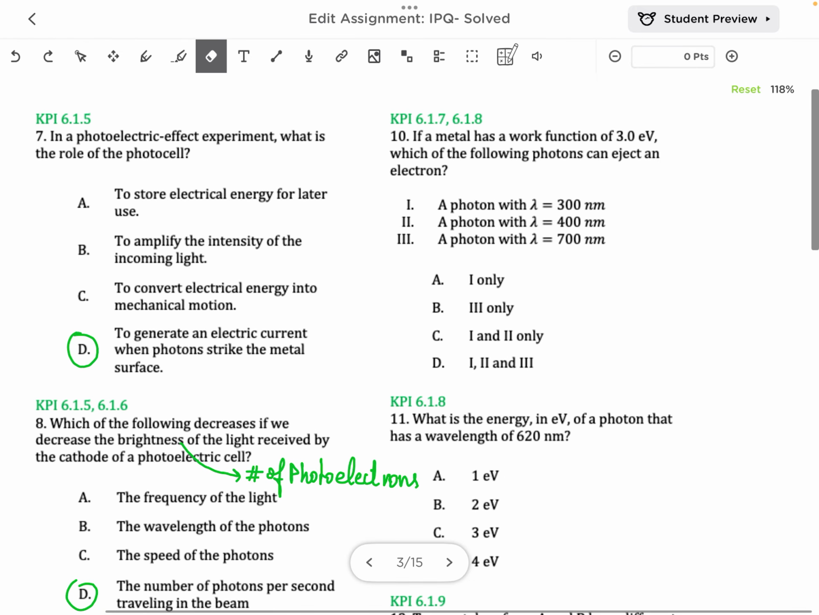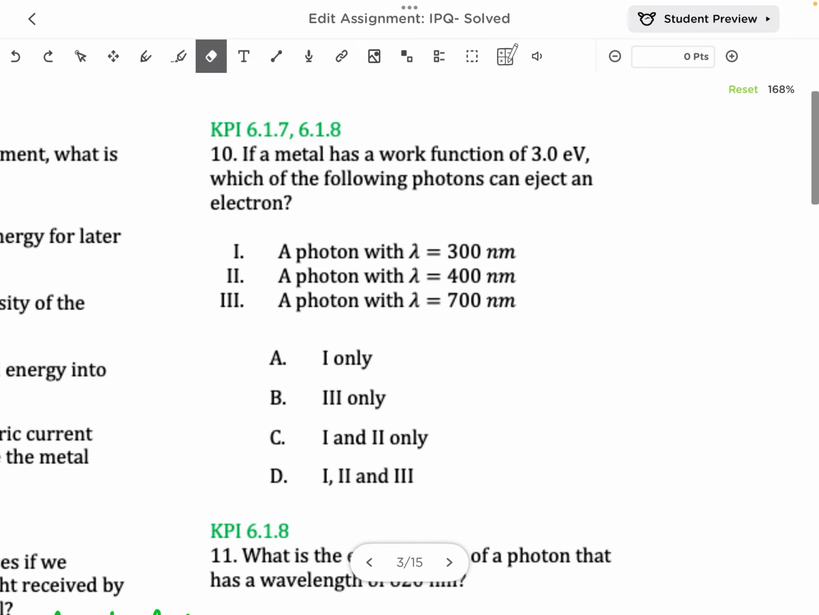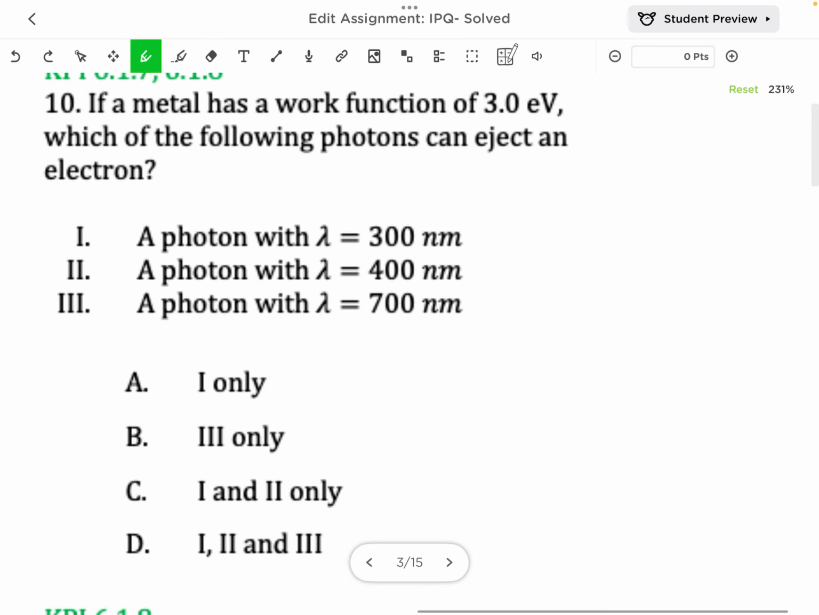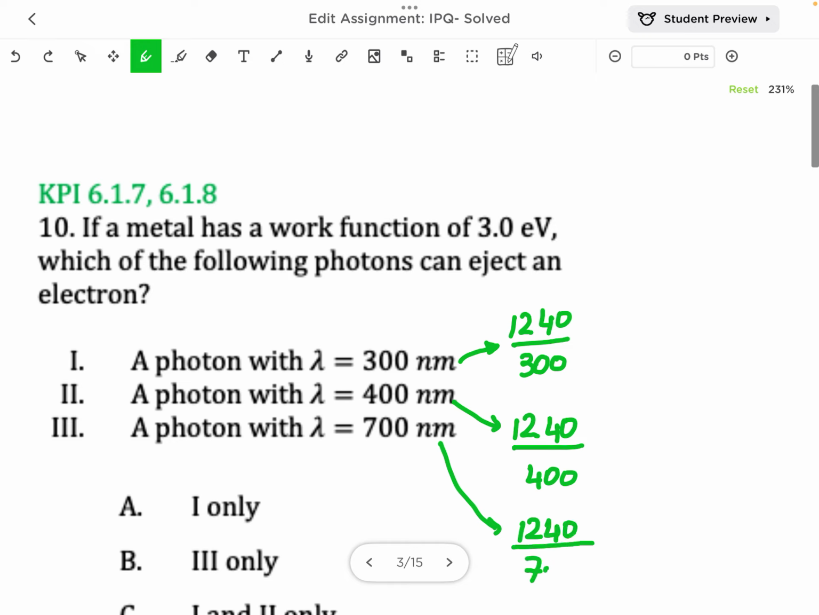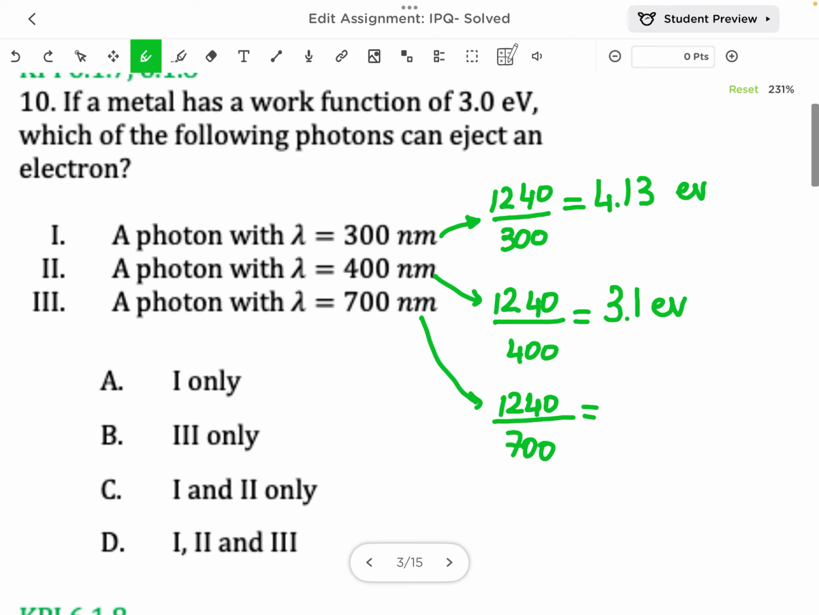If a metal has a work function of 3 eV, which of the following photons can eject an electron? Let me try to find the energy of each. I'll say 1240 over 300, 1240 over 400, and 1240 over 700. Trying each one, the first will give me 4.13 eV, the second will give me 3.1 eV, and the third will give me